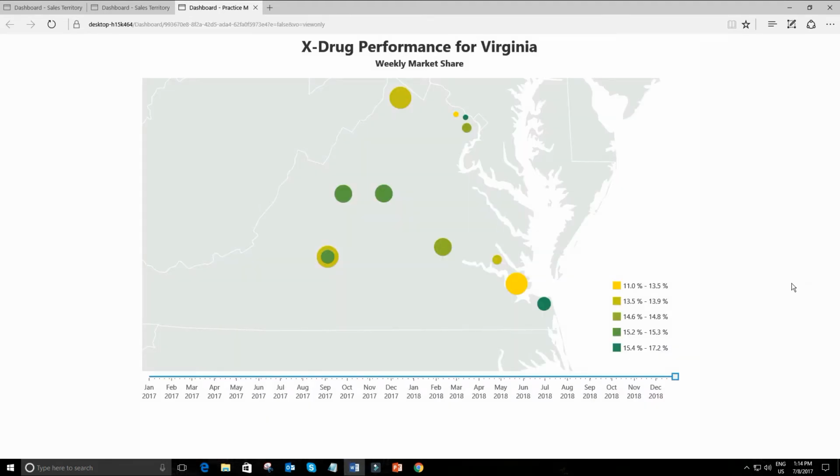Right away, we can see that the pattern for Virginia is quite different. Many of the large practices are either yellow or light green, while a few of the smaller practices are dark green. And when we drill down on this yellow practice,